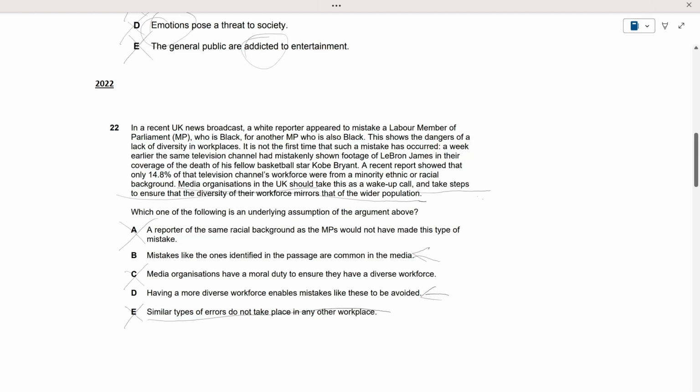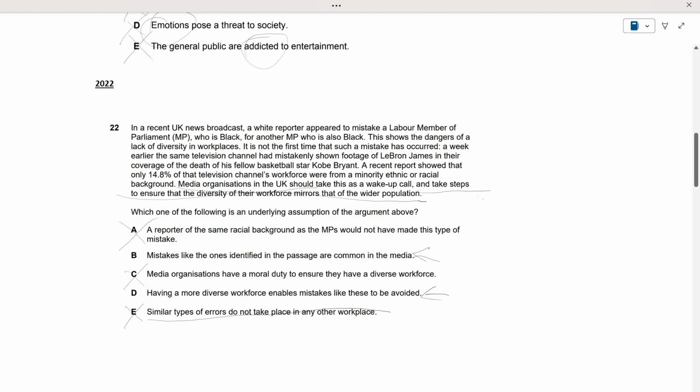Someone cannot say, oh, well, the other person's doing it, so I don't need to fix myself. That's not a valid argument. If it's wrong, it is wrong. So you can rule it out. Yes, you can say hypocrisy and whatever, but for the sake of the TSA, you rule those answers out straight away. Well, between B and D,